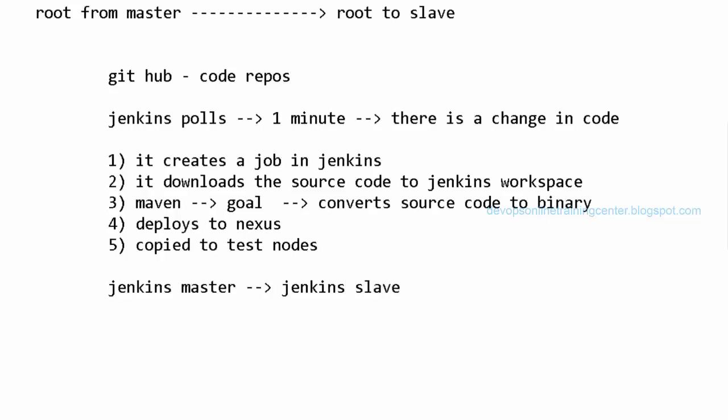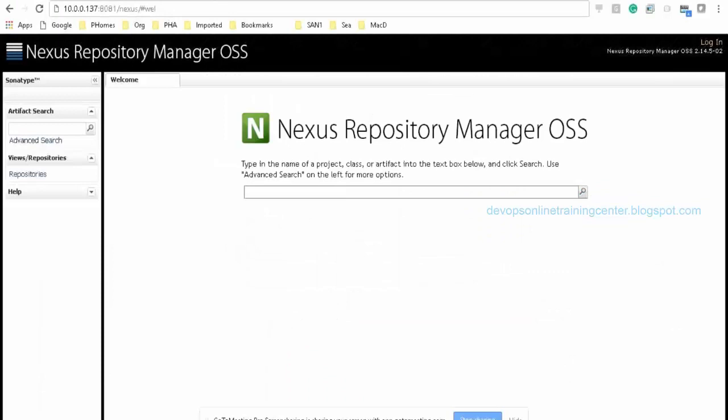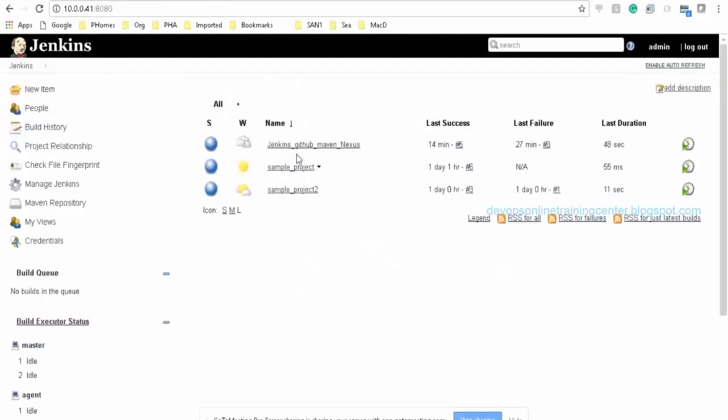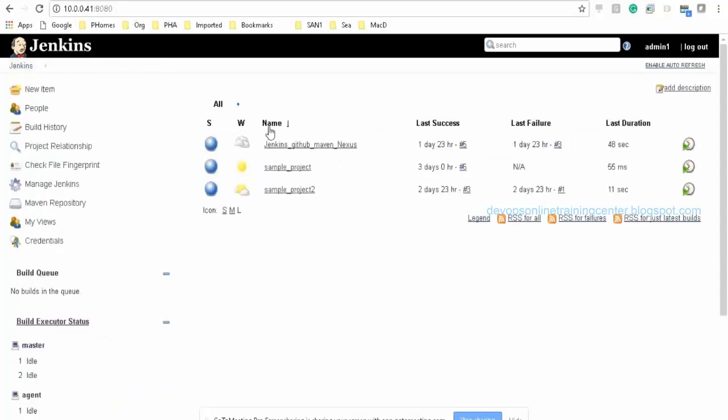How can we verify that it creates a job in Jenkins? As soon as we change something, it is actually downloading, right? I think we did not see that. Let me show one sample project.